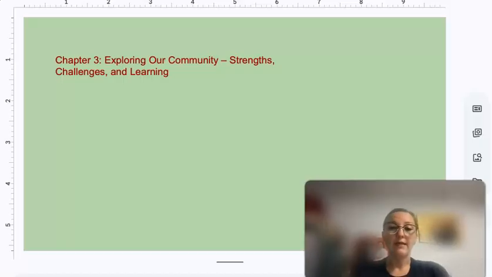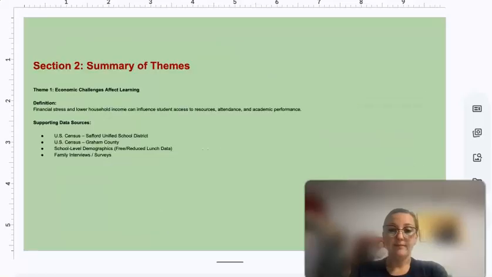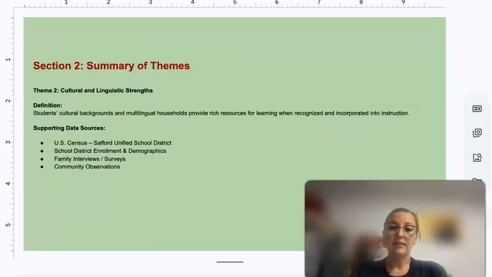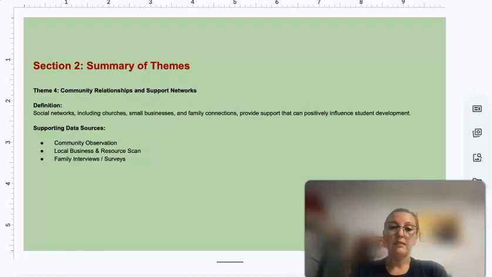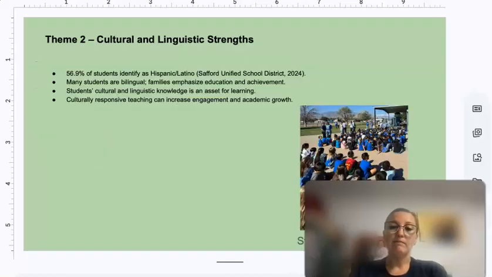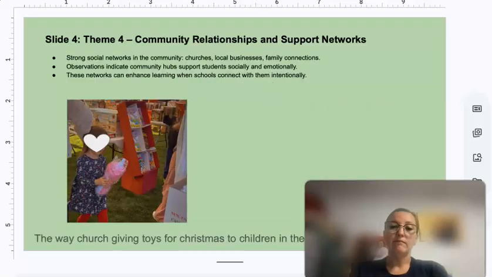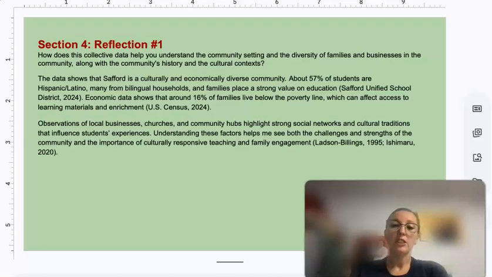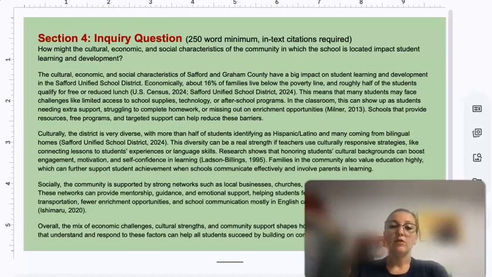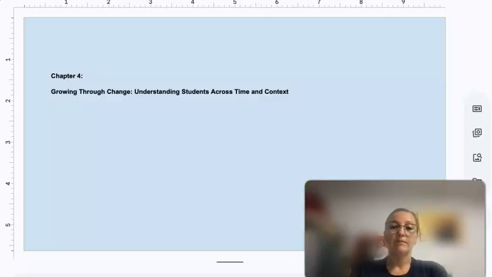Okay, and I'll show you my data summaries, reflection, inquiry question, more references. Okay, so Chapter 4 is Growing Through Change: Understanding Students Across Time and Context. So I focused on the system that is the connection between home, school, and community,